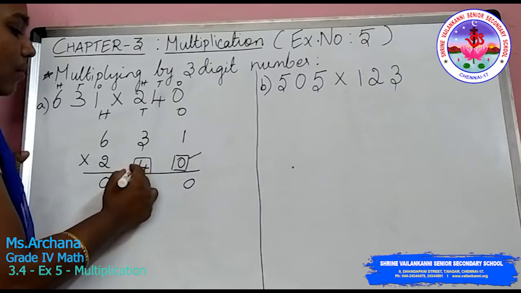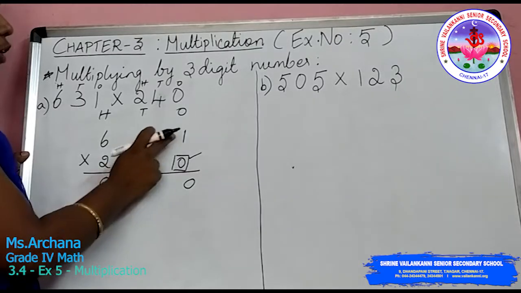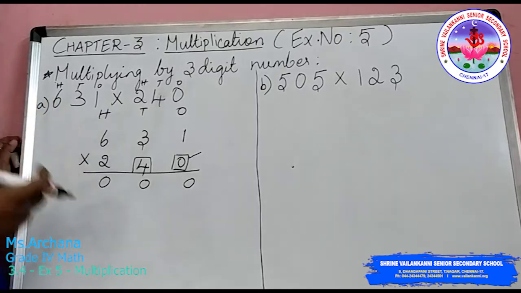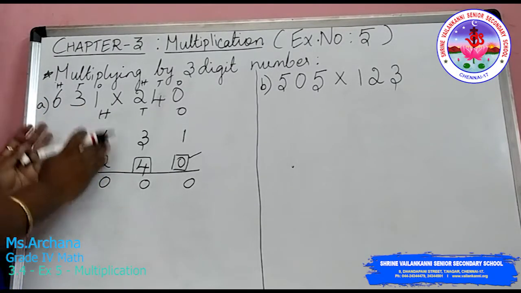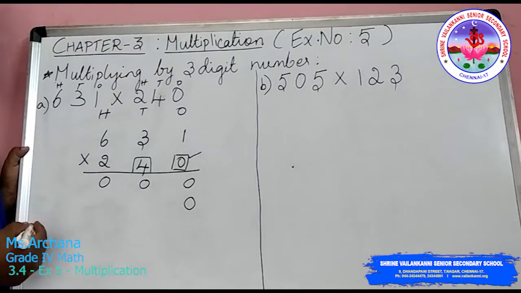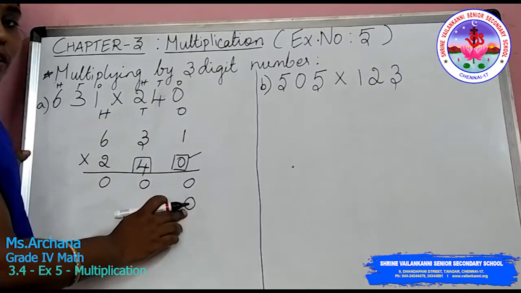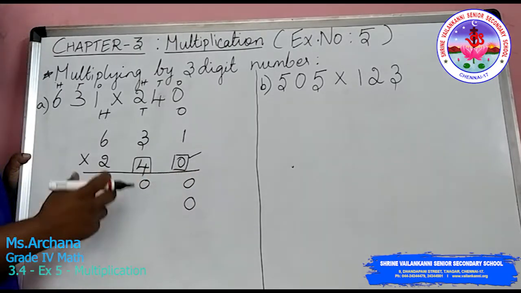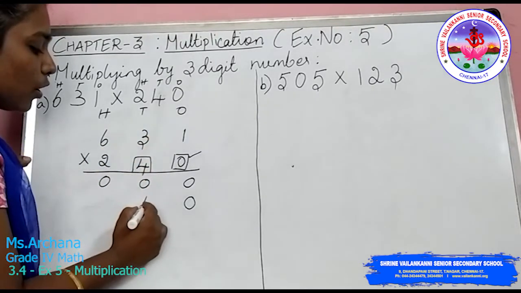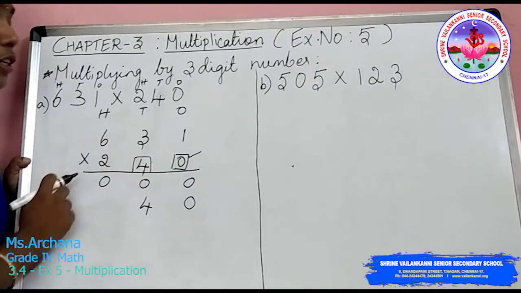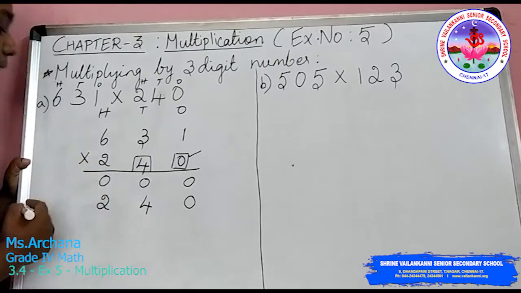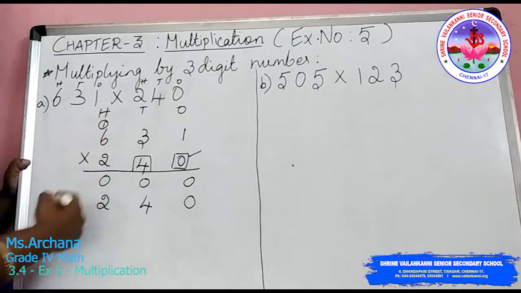In the tens place you have 4. With this 4 we are going to multiply each and every number. So 4 ones are 4. As I told you, before multiplying the tens place value, you will move to the second row and put a 0 in the answer column. That is, the ones place value is 0 because we are multiplying the tens place value. So 4 ones are 4, 4 threes are 12, and 12 is a 2-digit number. So 2 will be in the ones place and the 1 will be carried forward to the next place value.